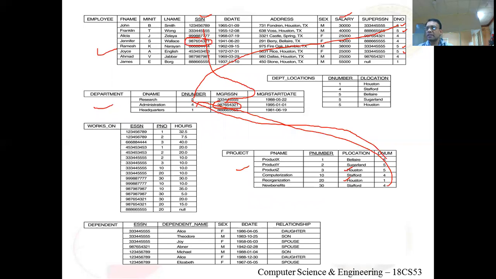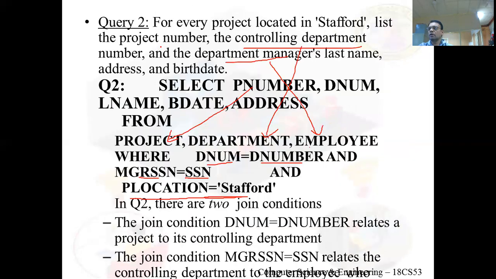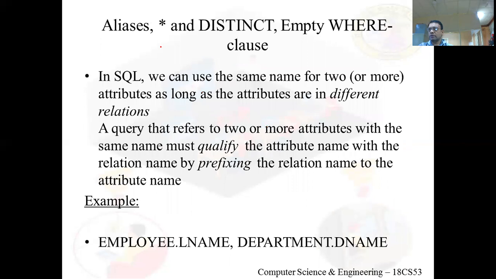So I will get the manager name here, Jennifer. So it belongs to the administration department, and the project name is new benefits. Project name, controlling department, administration department, and the manager name. So that's about retrieval queries in SQL.